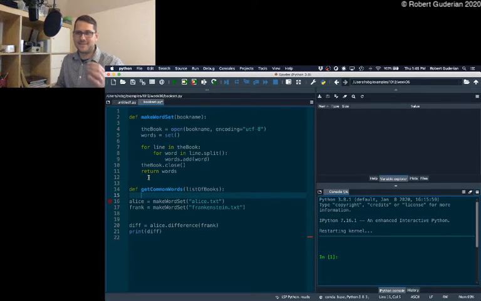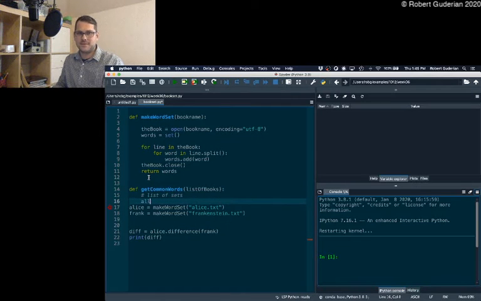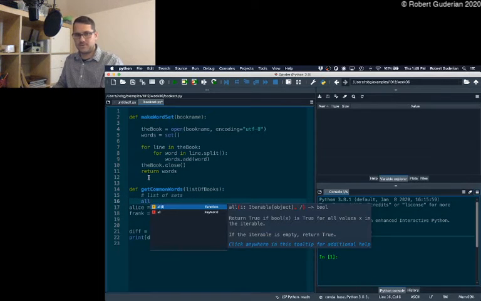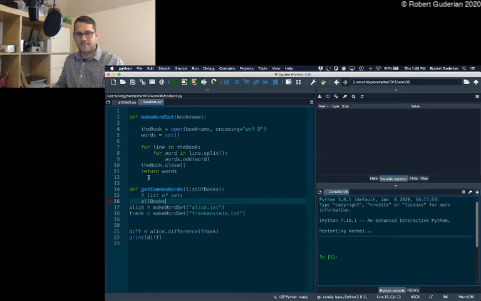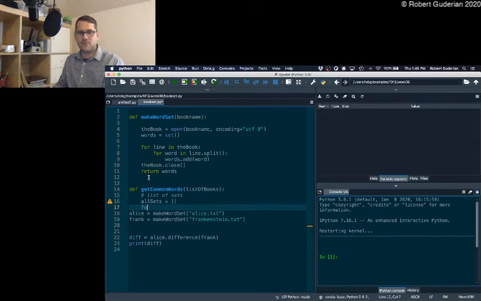I'm going to have a list of sets, which is initially empty. Let's call it all sets, all word sets, and it's empty. Then for each book in my list of books,